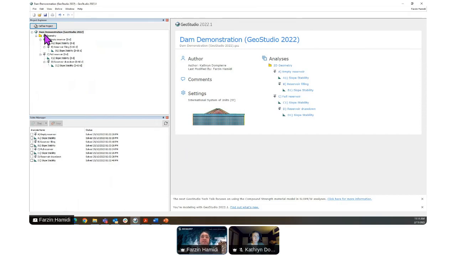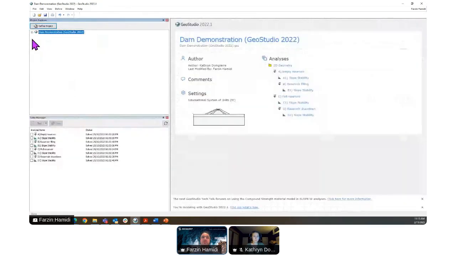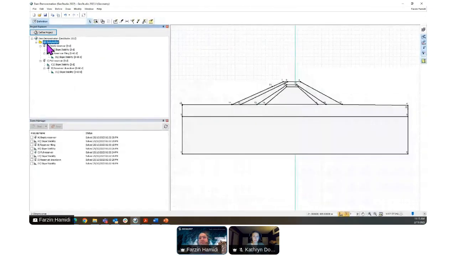As you can see, this is a project, and it has a lot of information. So for example, who was the author? There's a comments bar and also the analysis geometry that you can see. It's really helpful, specifically when you want to see exactly what is included in this project file. So this project tree includes a geometry. As you can see, I can close and open this project tree. So it has a geometry file. As you can see here, this is a typical geometry for a dam. It has a core, a gravel layer, a sand layer, a riprap, and also the rock fill layer.